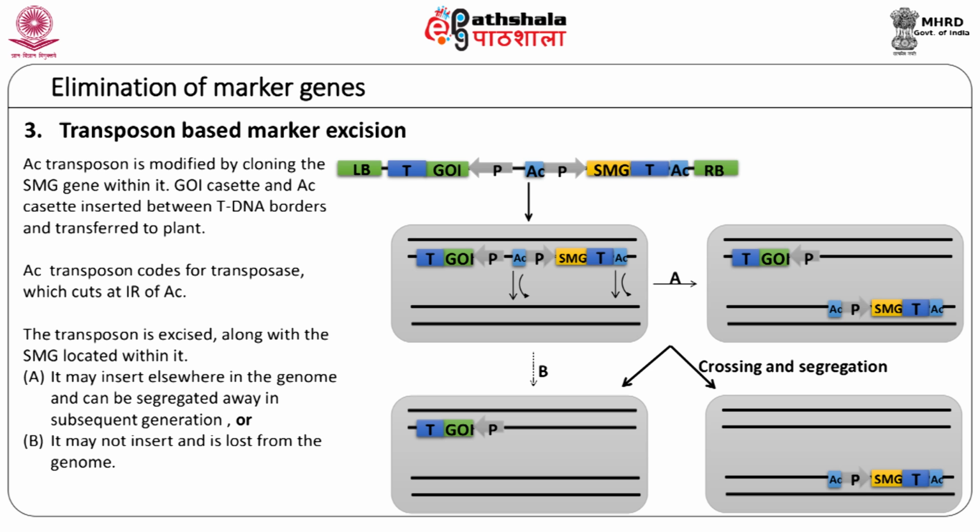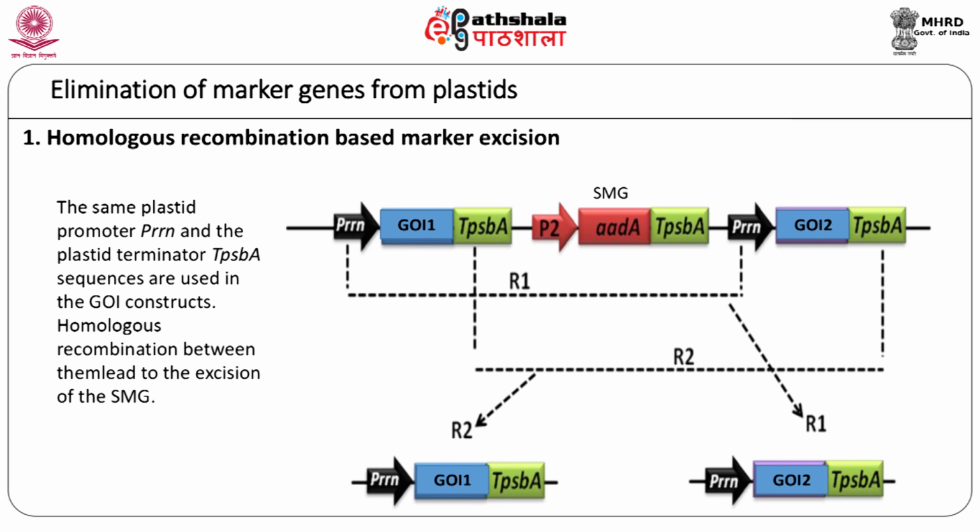Transposition may result in reinsertion of the modified element along with the selectable marker gene. If reinsertion occurs in an unlinked position, marker-free progeny may be obtained after crossing and segregation. Alternatively, if no reinsertion occurs after excision of the modified transposable element, it can also result in the loss of the selectable marker gene. Homologous sequences may be the plastid promoters (Prrn) and transcription terminators present on the vector used